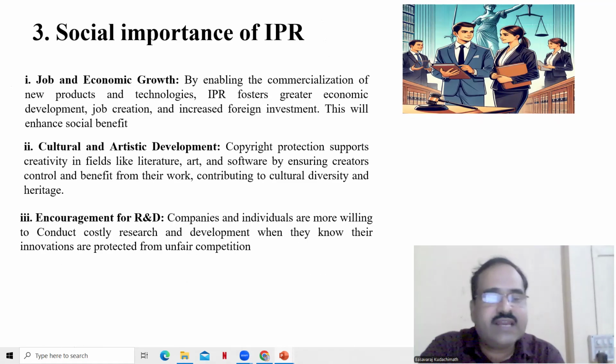Next one is encouragement for research and development. Automatically, people are more interested in research and development because their outcome will be patented. Today, for example, most of the writers of research journals are more interested to read more, write more and contribute more. Innovative incentives are more because they are patented or they can be copyrighted, so they are attaching revenues to it. Whenever the copyright is there, nobody can easily copy it. Anybody who wants to copy has to pay money to the real authors. So it encourages research and development among the people.